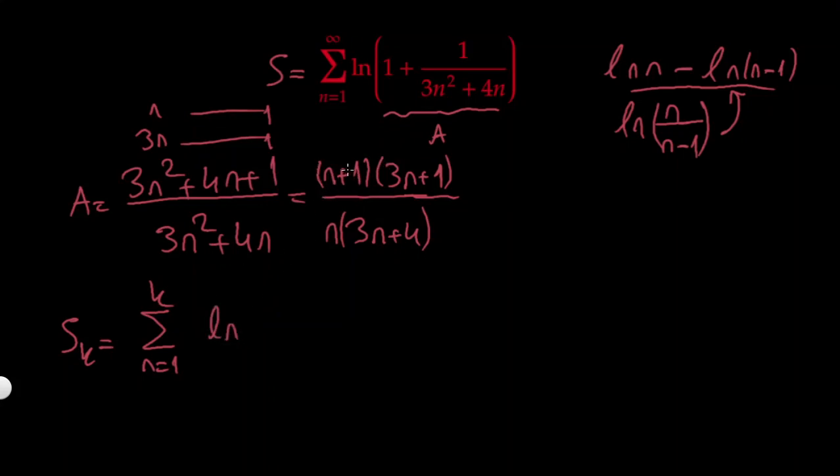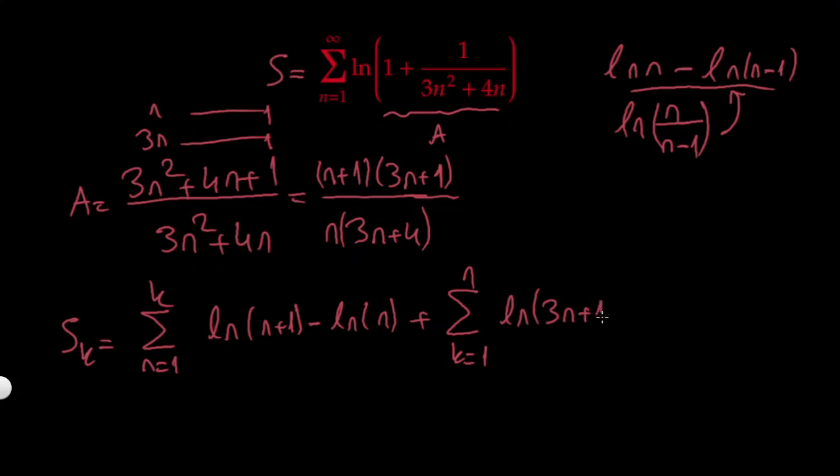From the first two, I'm going to write this as ln of n plus 1 minus ln n. And here I have plus ln of 3n plus 1 minus ln of 3n plus 4. I can write it as a different summation, n from 1 to k, ln 3n plus 1,